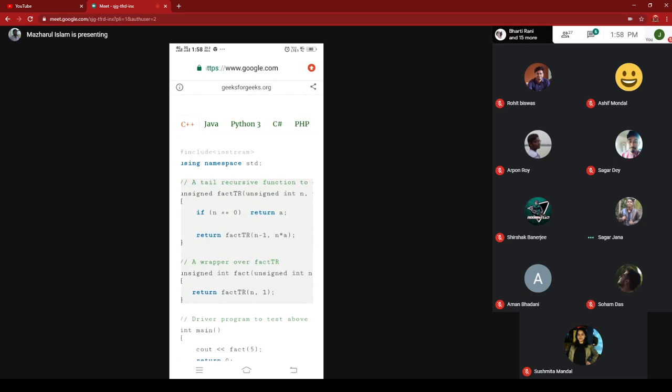That is the base case. If this is not satisfied, return fact tr n minus 1 comma n into a. So at the final call there is no multiplication operation, unlike the previous definition. This is the concept of tail recursion. Is this okay? You should remember this concept.